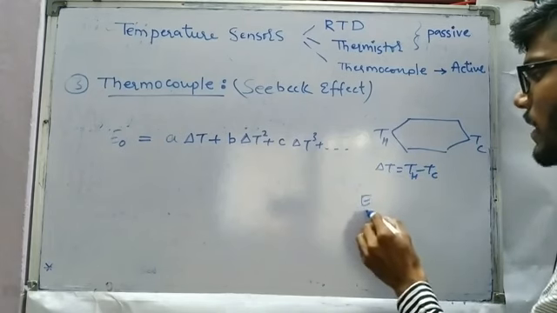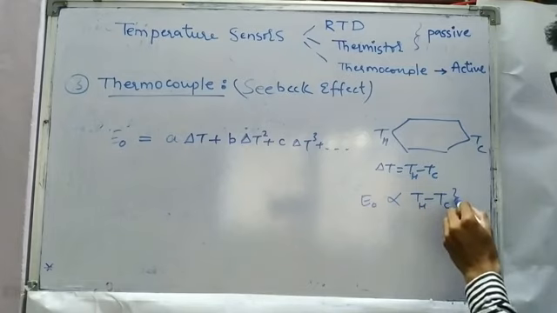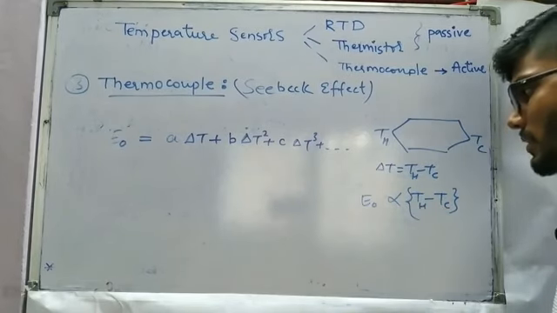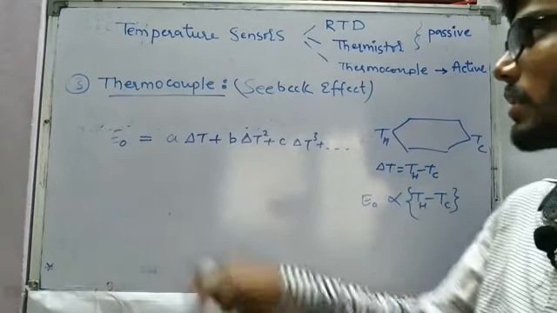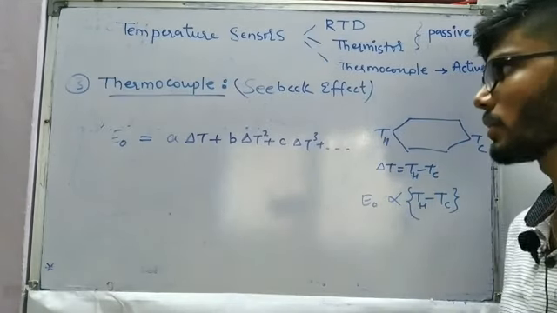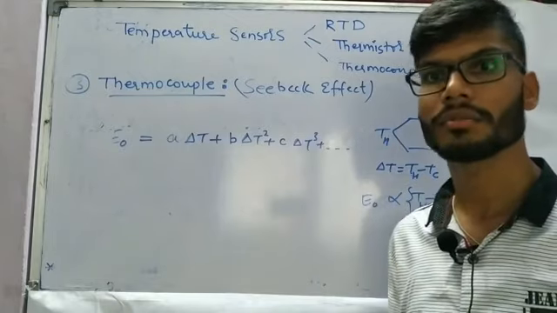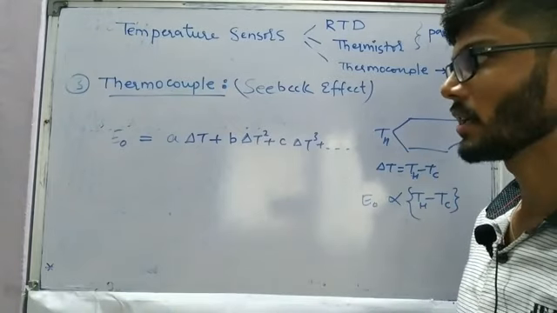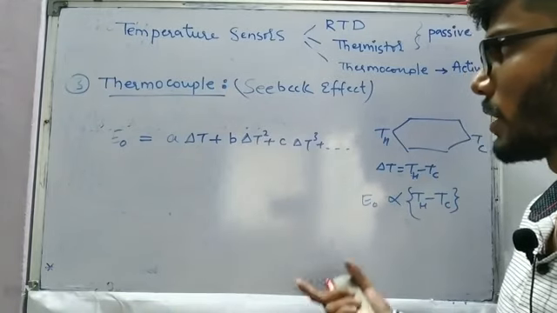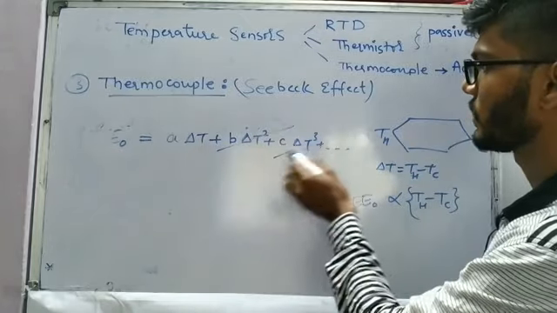So using the Seebeck effect, we are going to get the output voltage proportional to the temperature difference between both the junctions. So this particular expression can be written as E naught equal to A delta T plus B delta T whole square plus C delta T whole cube and so on. As discussed in the case of RTD also, we had an industrial expression like this, but in problem solving we make use of only the lower terms. We are not going to consider these terms.